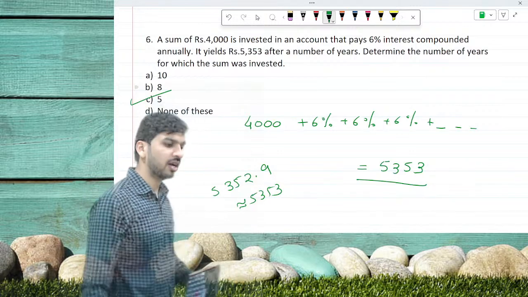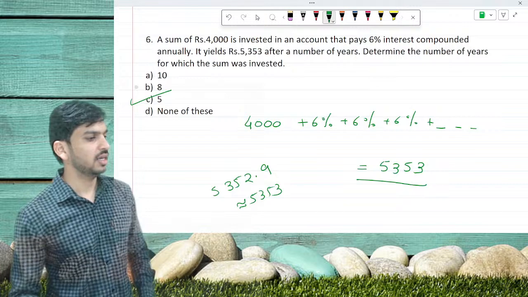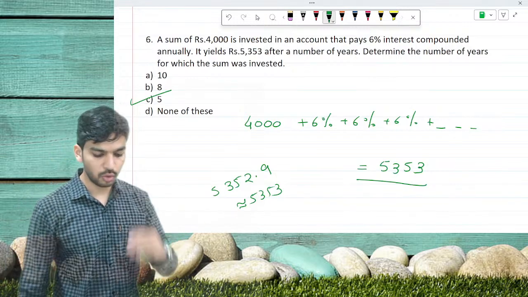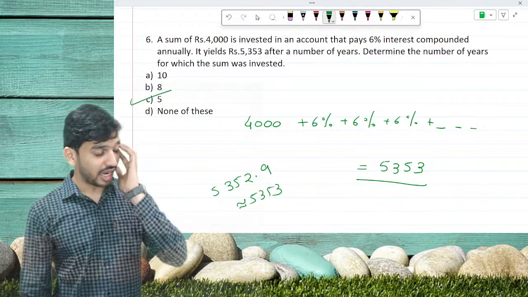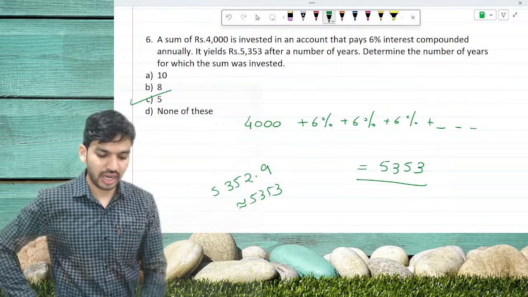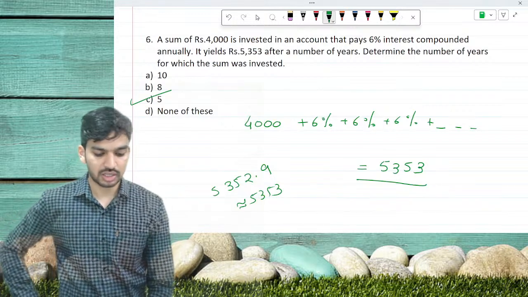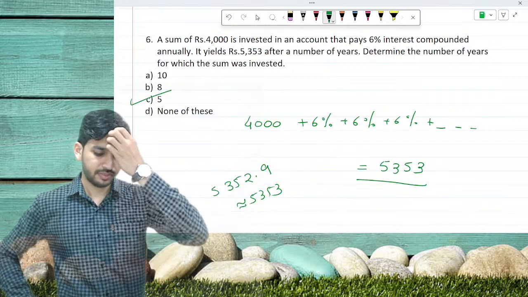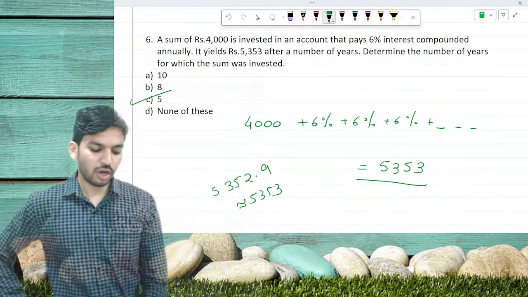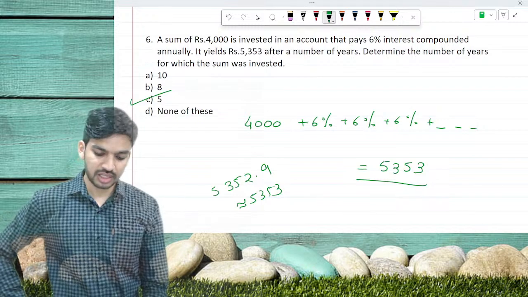Very good. Harini, Pranav, Satyashri, very good. So you got the answer, 5352.9 at time of 5 years. After 5 years, you will get this amount at 6% rate of interest. Yes, all of you, very much easy.